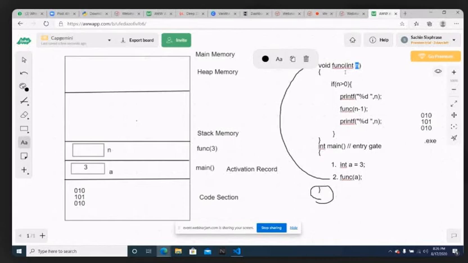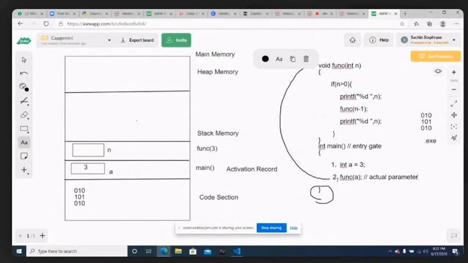Okay, so at the time of calling, you have a parameter, right? These parameters are called actual parameters. These terminologies are very important, because in questions they will be giving actual parameter, formal parameter. They will be mentioning terminologies like this. You need to understand which parameters are called actual parameters.